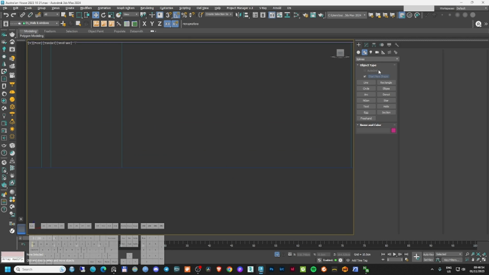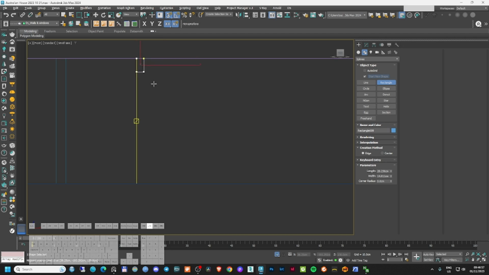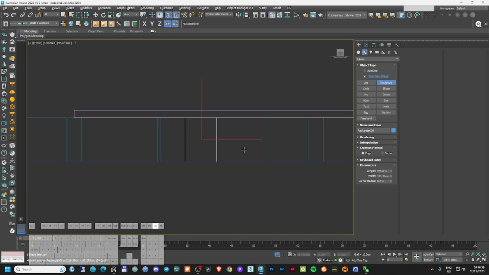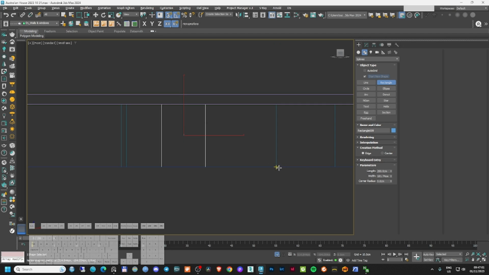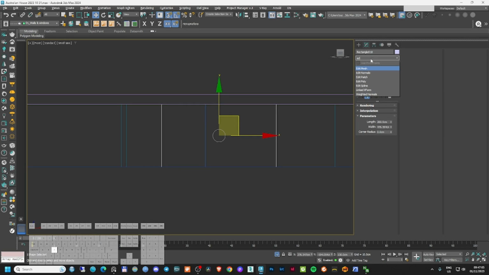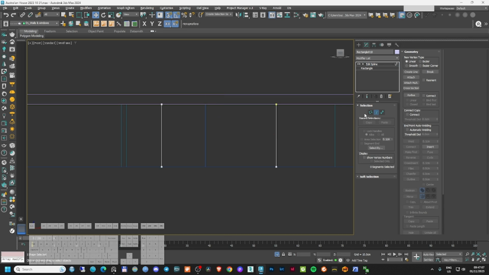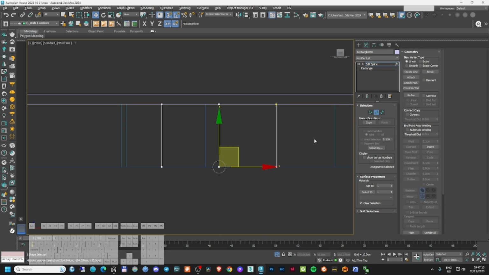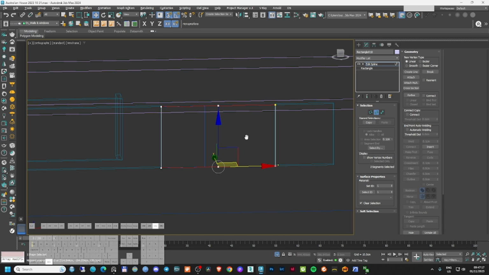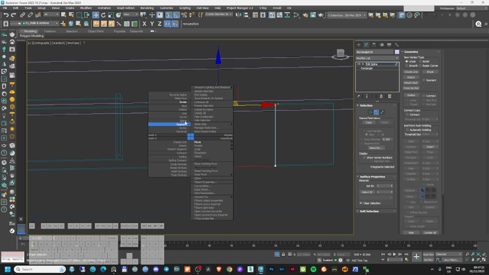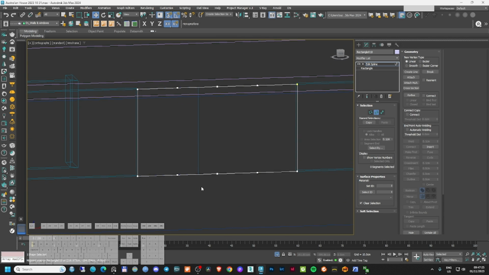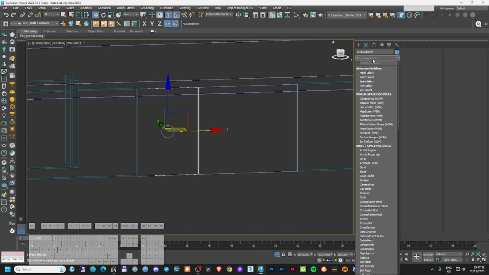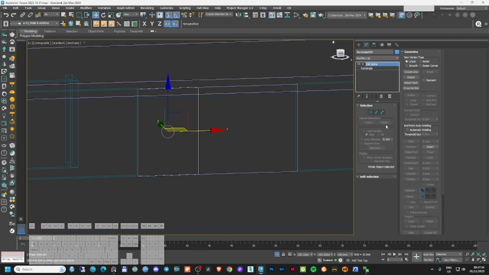Just gonna create my first door frame. Actually, I will just create a big one, and then I will apply an editable spline to this, and this is going to be divided and divide again. Okay, this is looking good. And I will take this one,